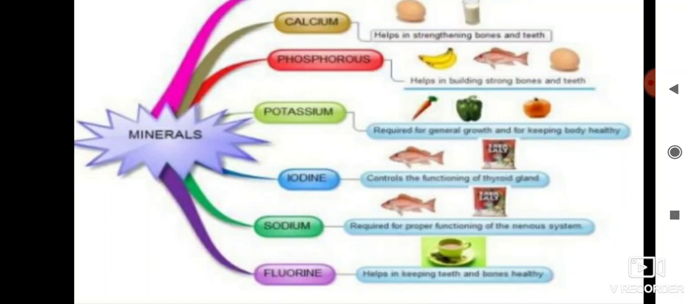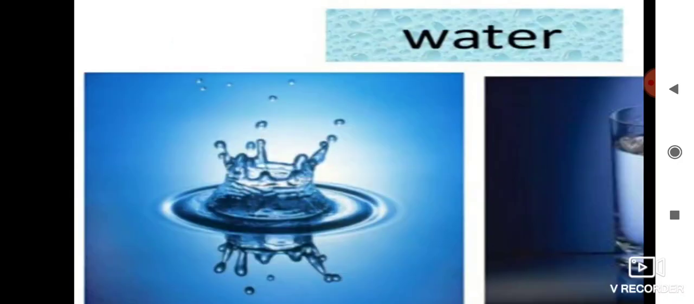So iodine is also very essential for our growth and development. And next, sodium, which is found in meat, fish, etc. And then fluorine, which is contained in water as well as in tea. Okay, these are the main nutrients. So please note down,